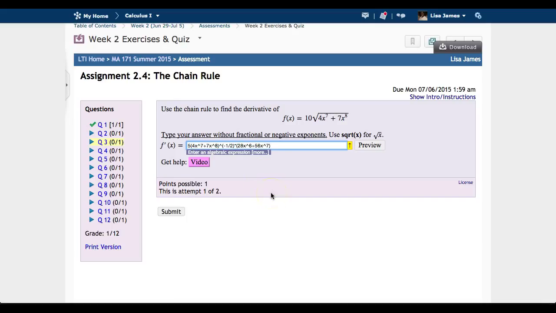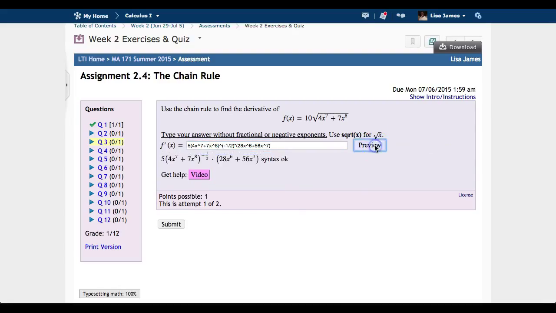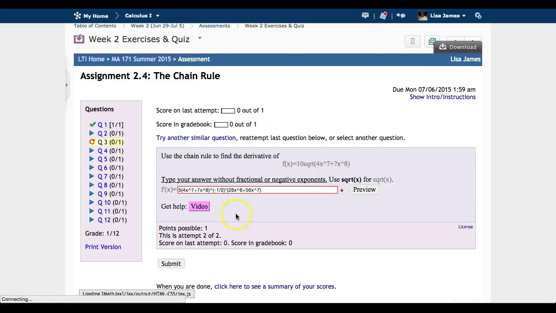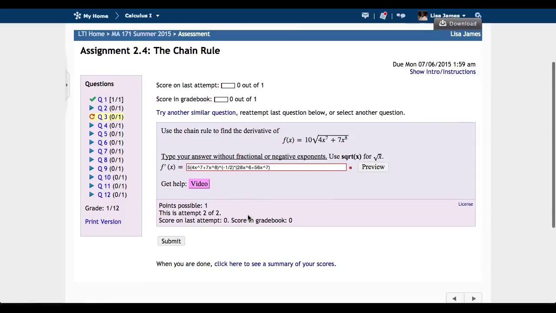Now, even though this should be the correct answer on paper, let's look at it. This is the exact answer that I want, and this will probably be the answer that you get on paper. But when I submit it, guess what? I got the answer incorrectly. Okay, so it was wrong. And the reason why it was wrong was because I did not write my answer in the form that was